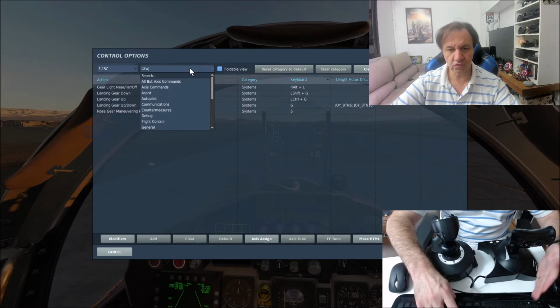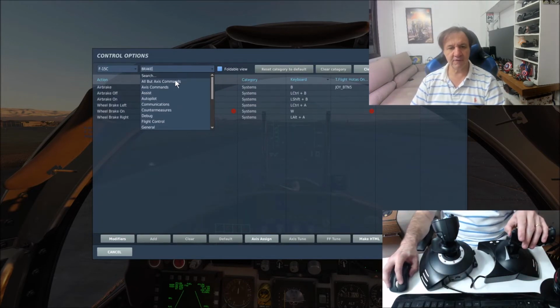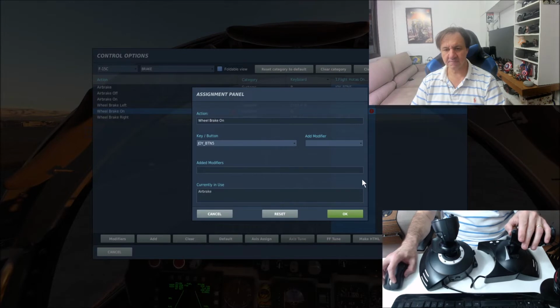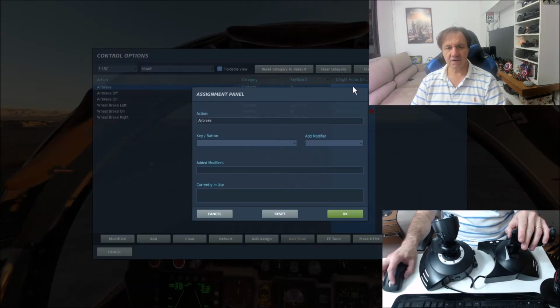Now I'm going to choose the brake, yeah, brake. I'm going to choose the brake X button, and the air brake this one here, A. Okay.